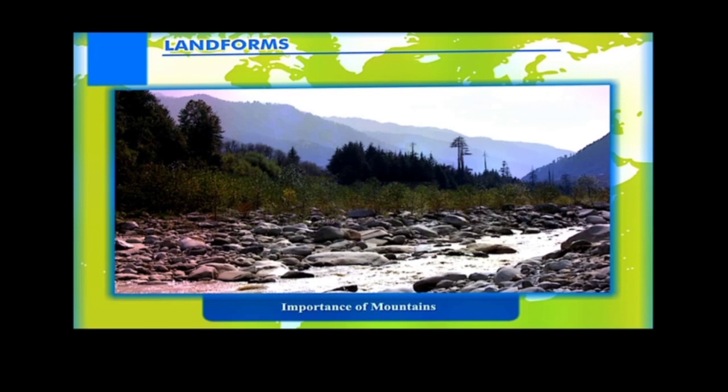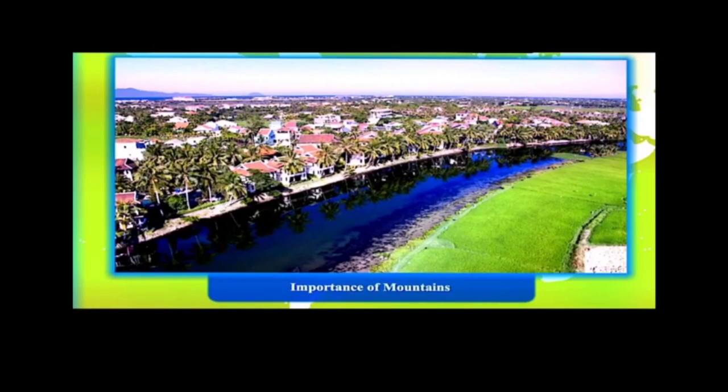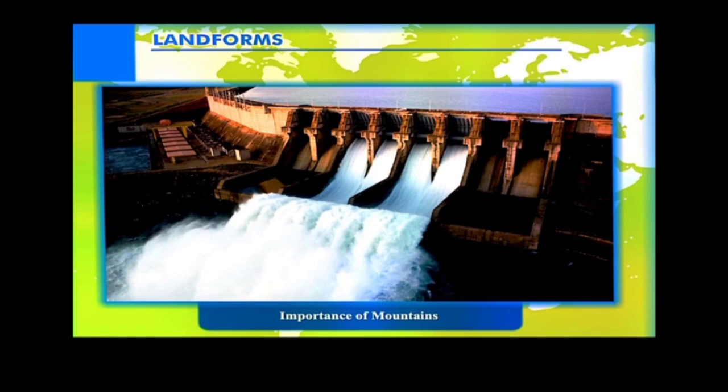As we all know, mountains are very useful natural resources. They are a great storehouse of fresh water because various rivers that originate from the glacier are used for domestic purpose and irrigation. The water from the river valleys and terraces is used to produce electricity and for cultivation of crops.